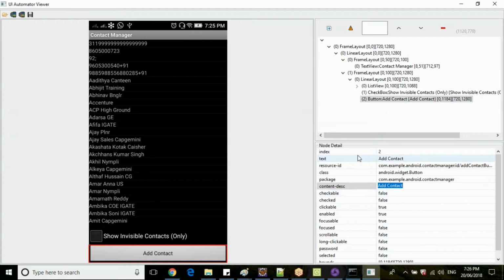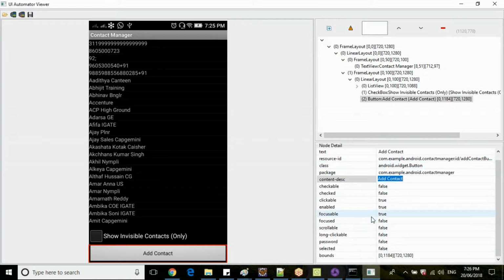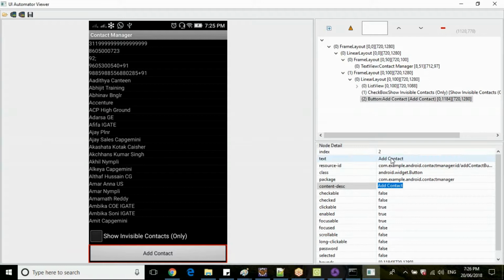Like this, you have different attributes here. Sometimes name will also be available. In web elements we have attributes, right? Like ID, text, class name, link text. Similarly, for native elements, we have text, resource ID, class, package, content description, name. Like this, you will have different things.